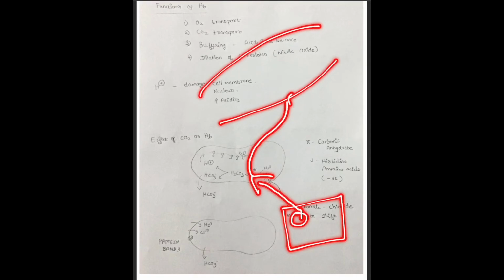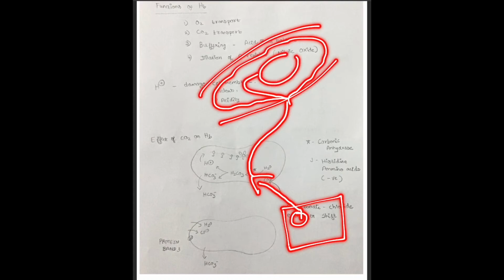In blood there is blood plasma. So from the blood plasma, the carbon dioxide is transported to the RBC. So first the carbon dioxide will go into the interstitial fluid, then in the blood plasma,